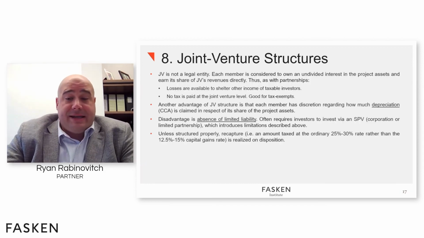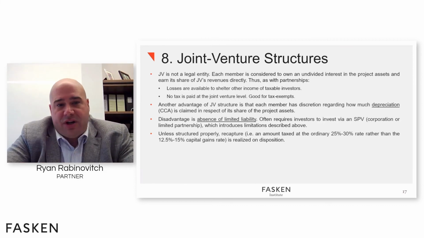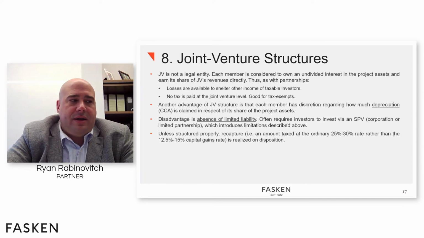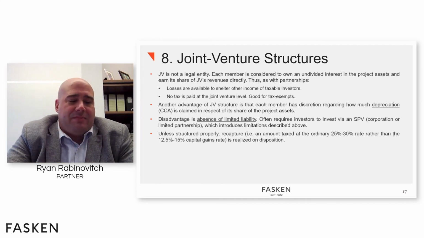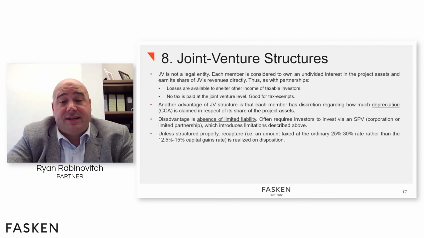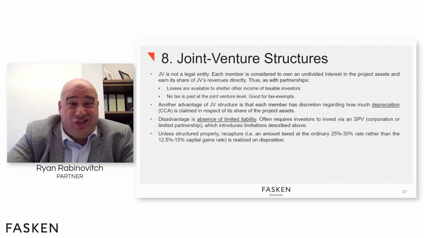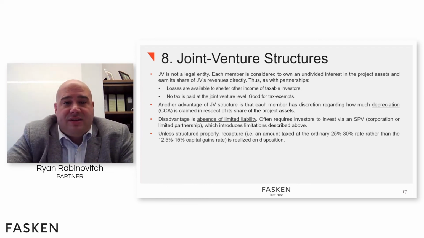The last topic we'll be covering is joint venture structures, which are similar to partnerships but not identical. We sometimes see them because they do have some advantages, but they also have some disadvantages that result in still the majority of our projects that we see being partnerships. A joint venture is not a legal entity. It's really essentially just a co-ownership. The two investors co-own the project, and each member is considered to own an undivided interest in the project assets